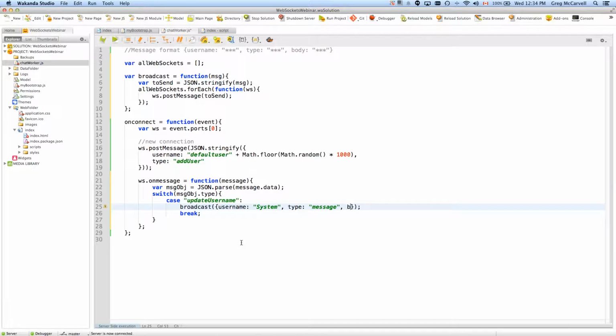And then we'll put body. So we've got update username, and we've got the message object. I believe we've got username. Let's put a string: a user has changed their name to